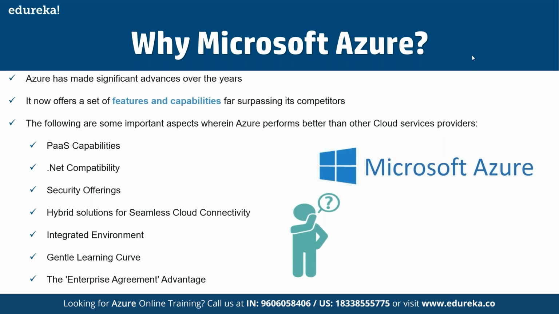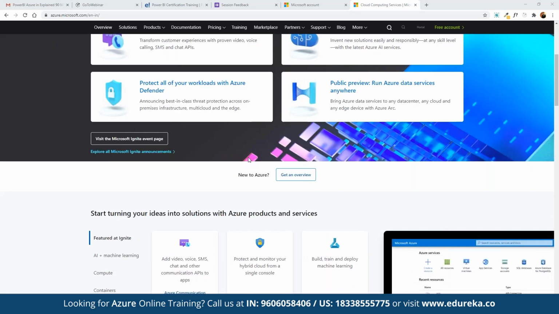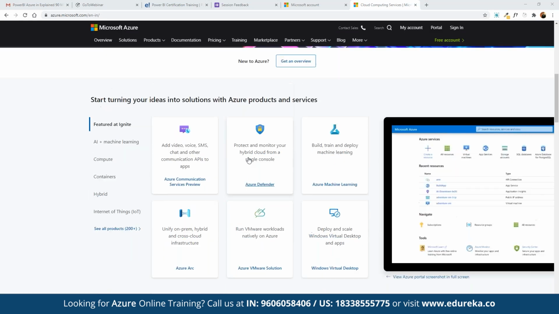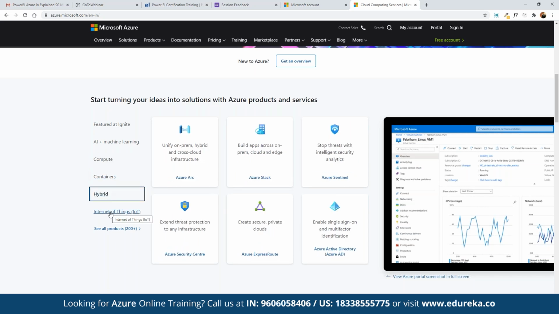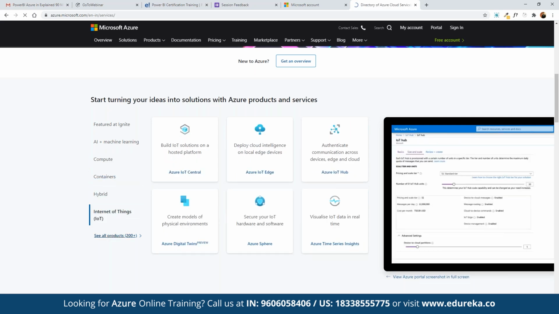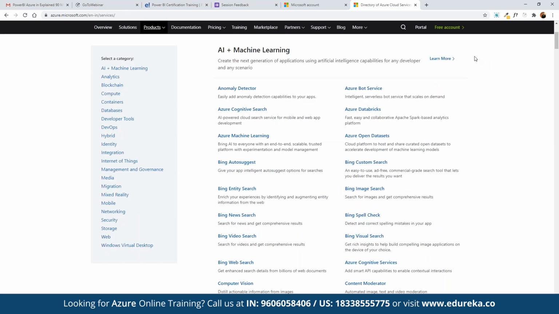To see the list of all the services offered under Azure, we can refer to the link azure.microsoft.com, where we can see the list of all the services offered under this platform, under AI/ML, computation, containers, hybrid solutions, Internet of Things, and there are more than 200 services offered under different categories that we can get started with.